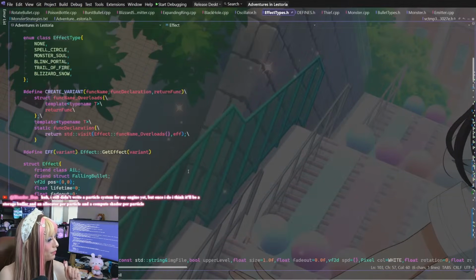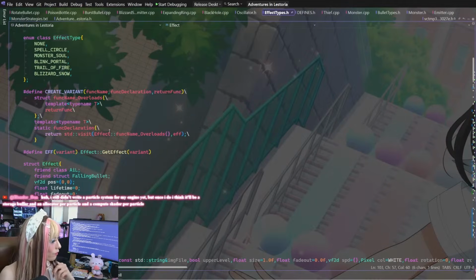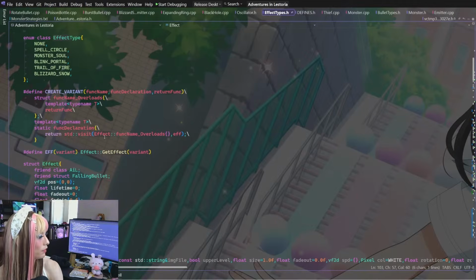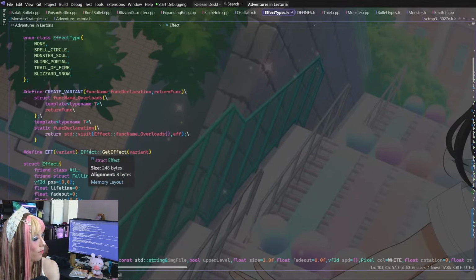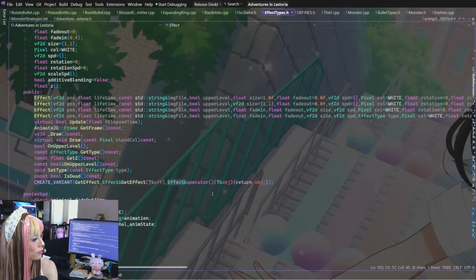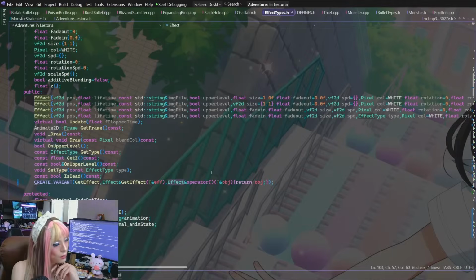Let me see here. I think the type itself needs to be defined as a T?